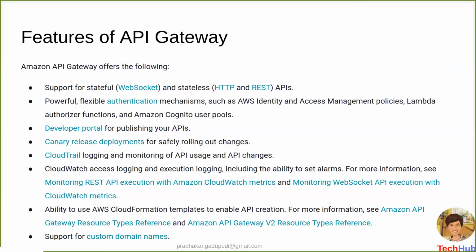Once you create an API, it also supports custom domain names. If you have a custom domain, you can go to Route 53 and make the required changes, so that instead of using the complete AWS-provided API Gateway endpoint, which is very tedious to remember, I can create a friendly name by using a custom domain, like techup.com/shopping, instead of using aws.console.15671./shopping/items. It's very tedious to remember that.